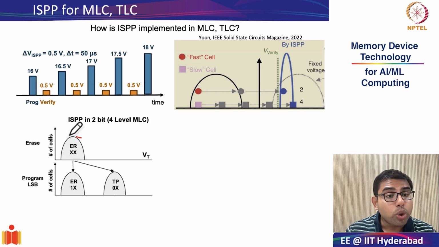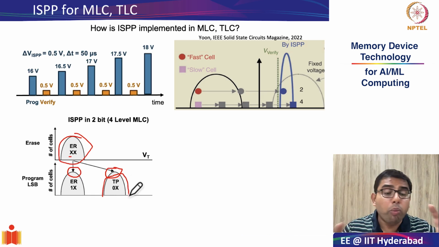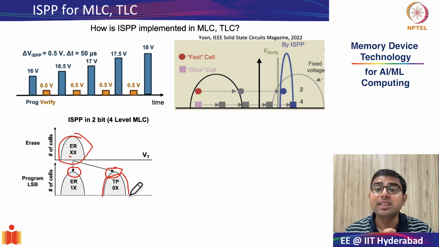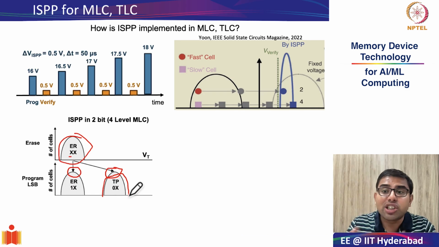What I mean is, you have a bunch of cells in erase state. Depending on whether the MSB is 1 or 0, it will either stay in the erase state, or it will be programmed to go into another temporary state. Okay, we will see what will be the threshold voltage of this temporary state. It will be between the next consequent states that it will be programmed to.